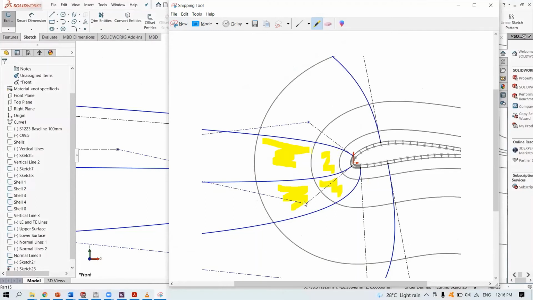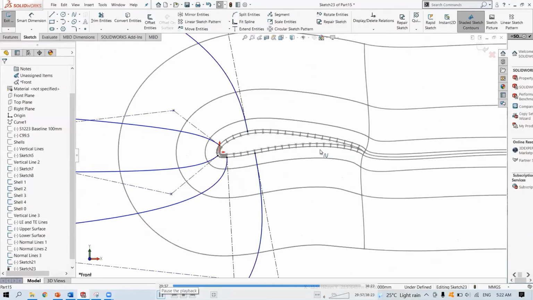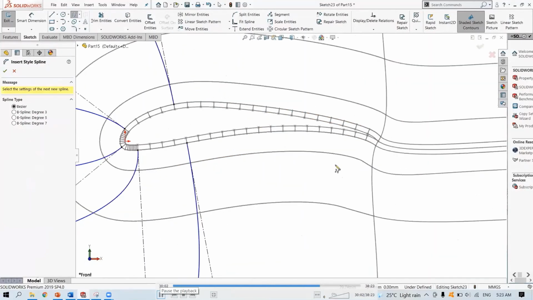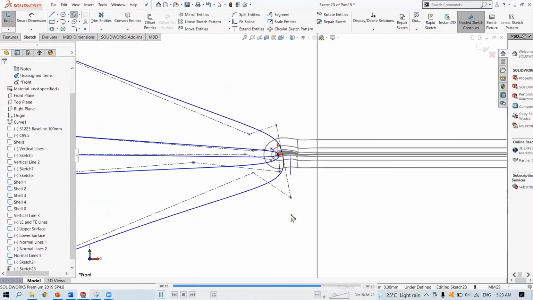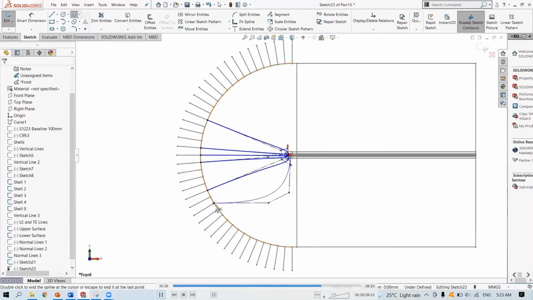Just estimate that they are almost similar in size, something like this. 1, 2, 3, 4, 5, 6, 7. I think it's going to be 8. Yeah. 1, 2, 3, 4, 5, 6, 7, 8. Okay.